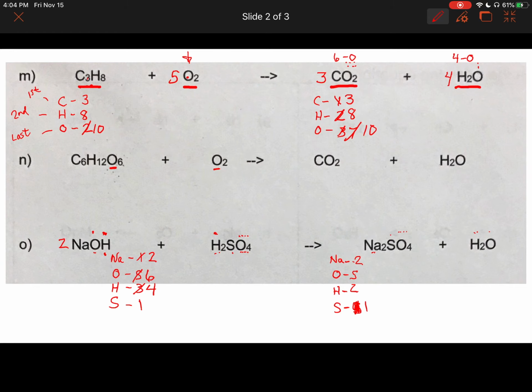So my sodiums are now equal to each other. My oxygens are still off. My sulfur is equal. I'm going to deal with my hydrogens next. I have 4 hydrogens on my left-hand side, only 2 over here. If I put a 2 here, that will give me my 4 hydrogens, so I'm going to update my inventory. Now I have 4 hydrogens, and I have 1, 2, 3, 4, 5, 6 oxygens. And it looks like now my equation is balanced. I have 2 sodiums on each side, 6 oxygens, 4 hydrogens, and 1 sulfur. A common mistake for students to do